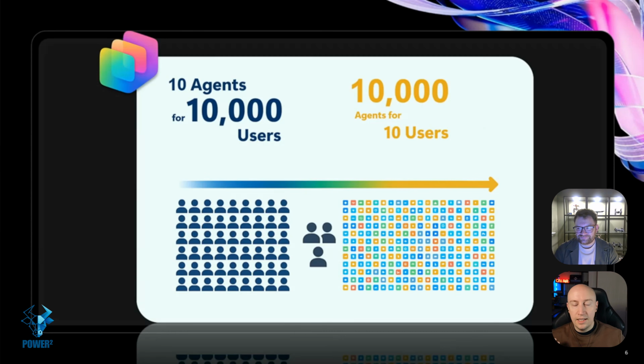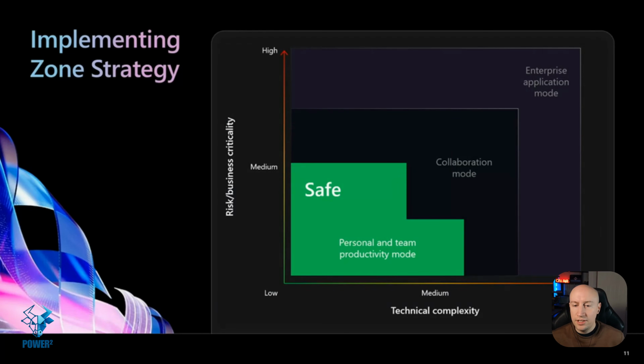Yeah, so let's think about an environment perspective. Like, where do these things get stored, and how do we manage that side of things? How are we actually going to govern this? If we've got 10,000 agents, what does that look like? So the first concept with this is around this three-tiered layering of environments or areas. They call them zones. You've got these different zones. It doesn't necessarily mean it's a Power Platform environment.